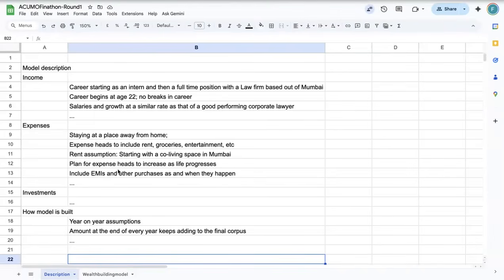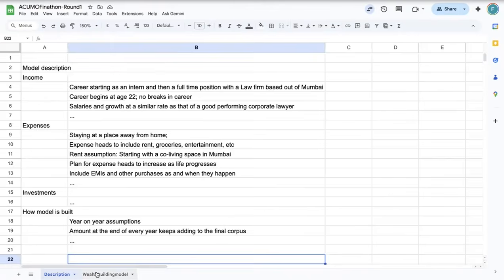So there is an income track, there is an expense track. Similar to this, there would be an investment track. Now, we've intentionally not put anything here, but there's something we want you to think about and plan for: how that would happen year on year, and how the model would be built. It would be built assuming certain things which would happen year on year and change from year to year. And then at the end of every year, you would have a certain corpus that, depending on what has happened, will either increase, decrease, or remain the same. That's the final corpus that you need to project for, say, 20 years, and that's the number that you need to model for. Clear so far? Okay. I'm assuming that when nobody's saying anything, it's all clear.